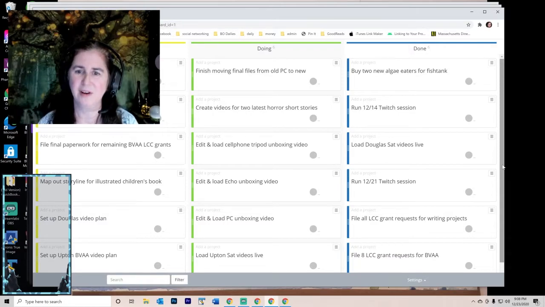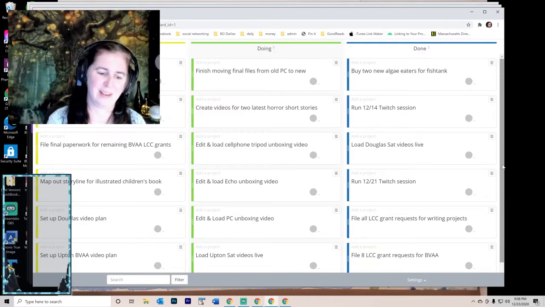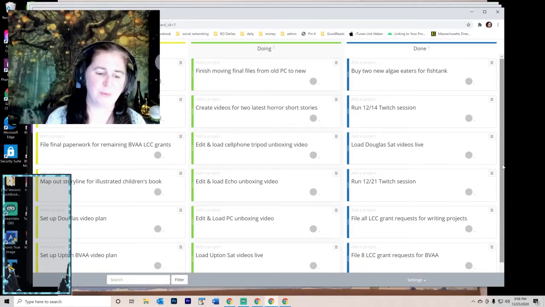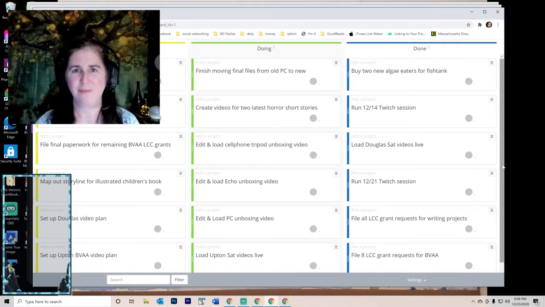So the aim in here is not to do all this stuff in one day. That's the good part of it. When I put stuff on my daily task list, it's general things that I want to try to get done in that day. But what if there's something that needs to be done sometime this week, and it doesn't matter when? It's not a scheduled thing like doing a BVAA chat at 3 p.m. on Friday. But sometime during this week I want to work on getting the rest of the files off my old PC, which is sitting on the kitchen table, so that we can pack that PC up and put it somewhere else.